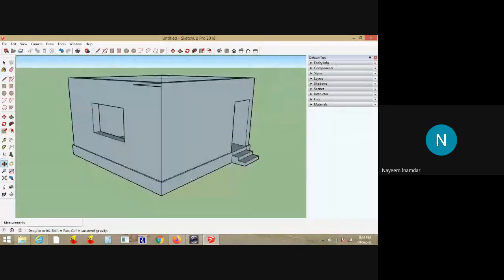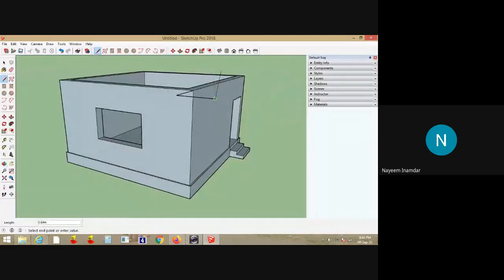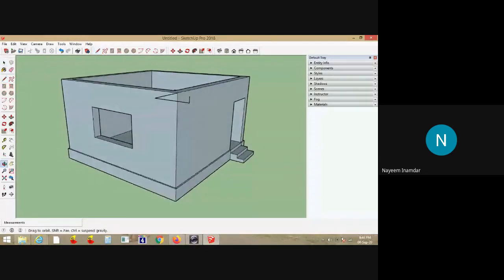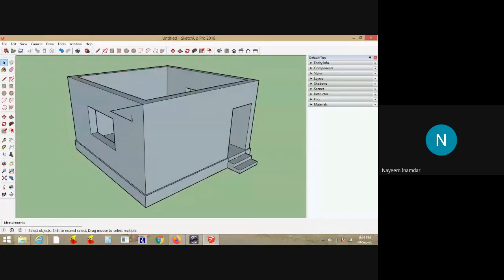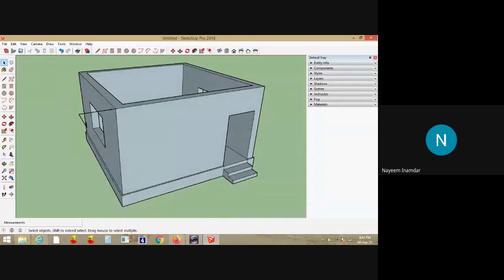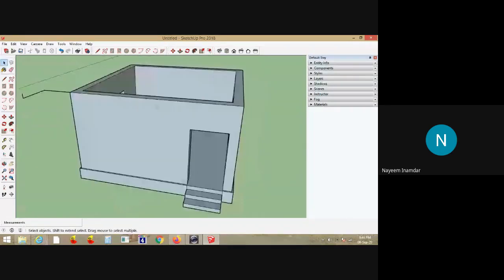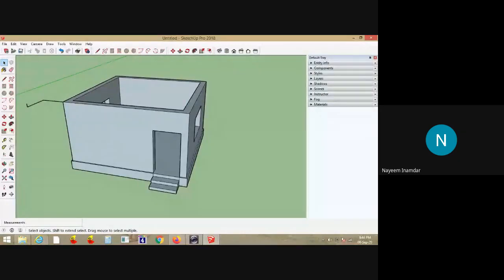And the slab thickness, suppose it is 0.15 meter, meaning 15 centimeters, 6 inches. Just have a line. This is the extreme corner. In this case, the slab will have the shape of a square, because the room dimension itself is square. So the opposite diagonal is enough for me to have a square here.